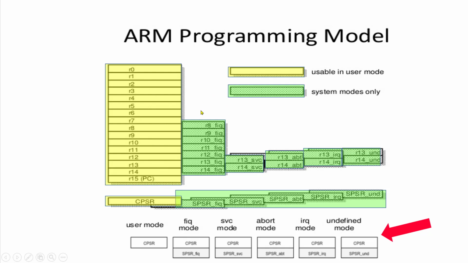During the mode changing, the registers that are used are shown here. Try to understand that during the privileged modes, it is not that only these two registers are used. It is using all these registers, with these two registers, R13 and R14, used in place of the normal ones. That you should understand clearly.